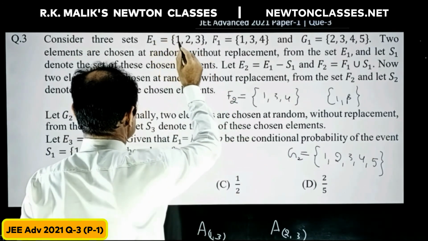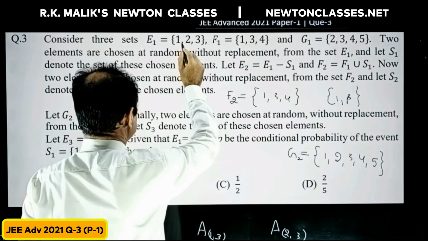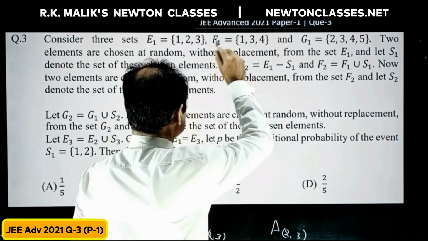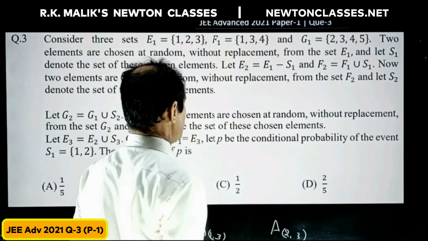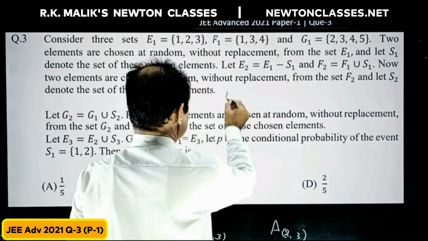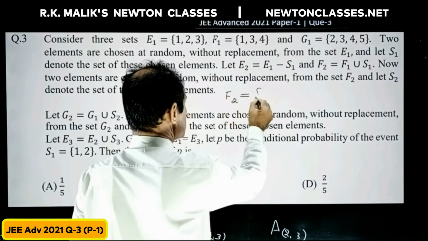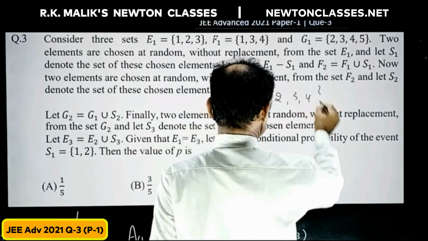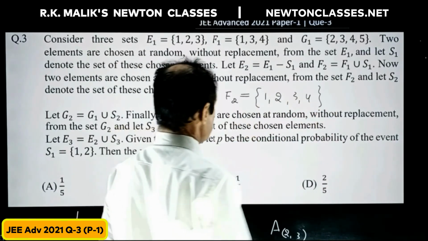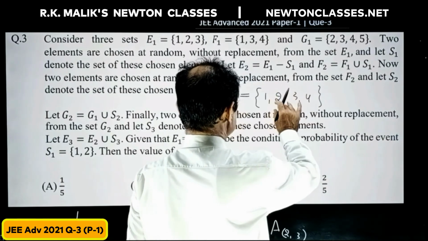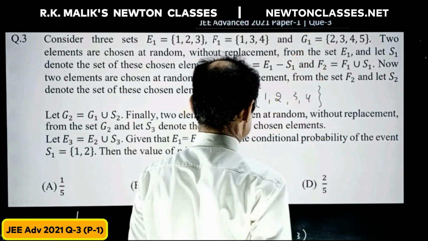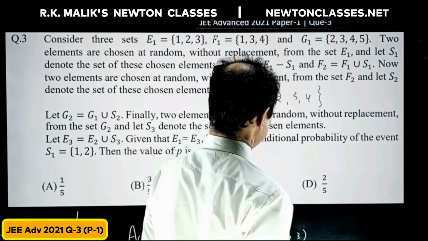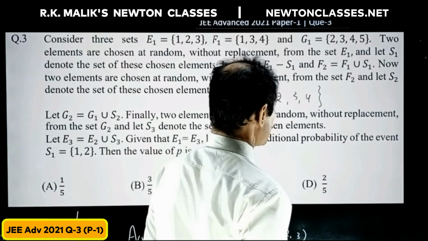And now I am going to find the value of this, which means the pair chosen from E1 in the very first step was 2 and 3, and when those two elements were placed in F1 and the set F2 was formed, it will have the elements 1, 2, 3, 4. And after this, we take out two elements from F2 and place them in G1, and we get the set G2, and we are going to find the probability that from G2, 2, 3 will come out.